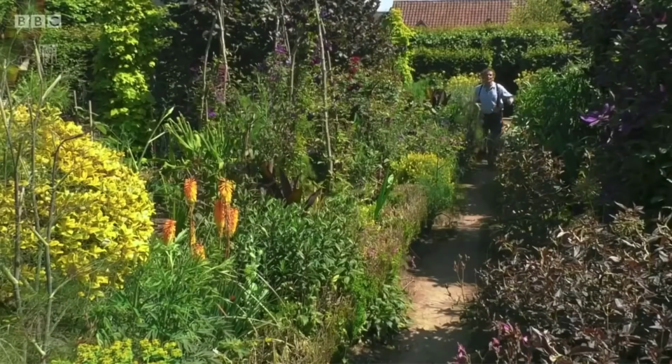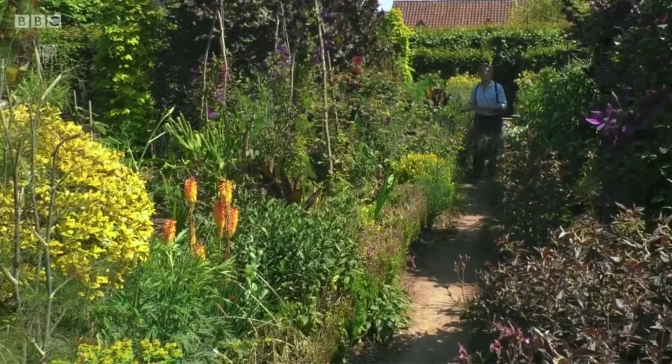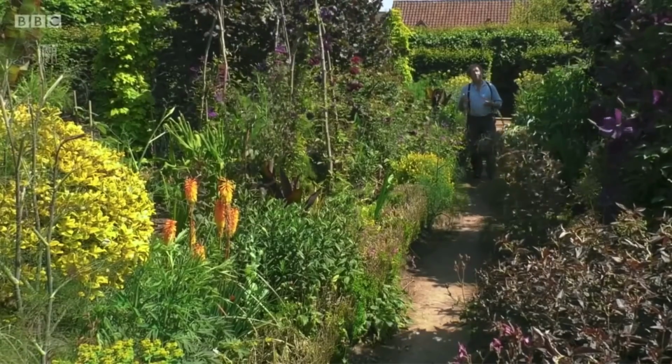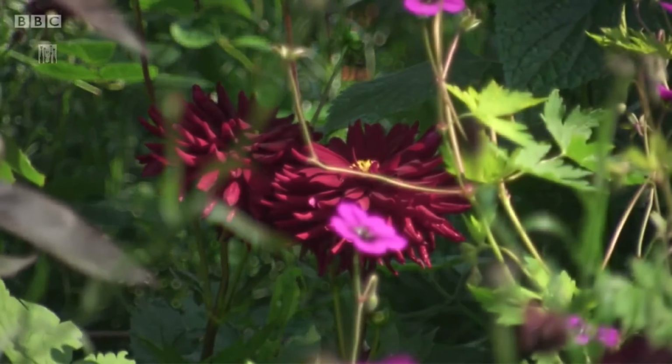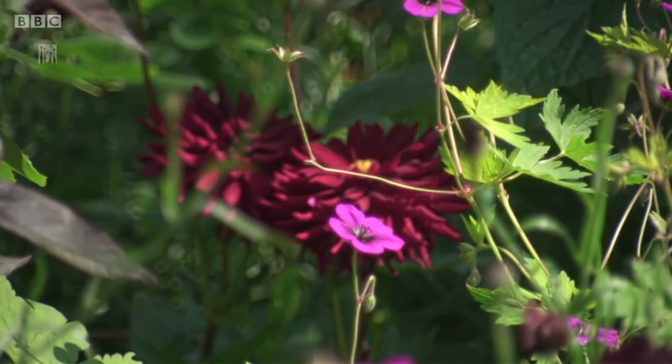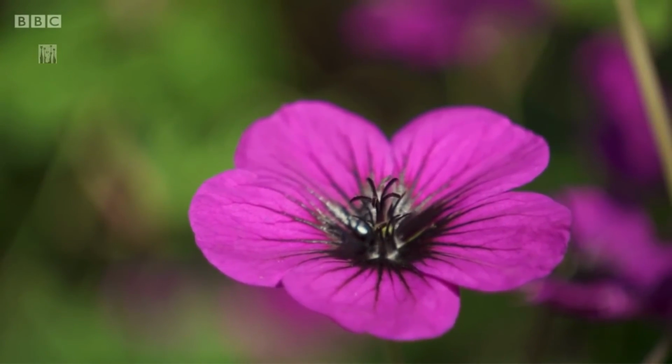The jewel garden rises to its first crescendo at the end of May with the alliums and the tulips, but then it dies back, and quite frankly June is a bit of a lull. But now we've reached July, the colours are really starting to build back in. And we have the marvellous magenta of the geranium and folkard that will